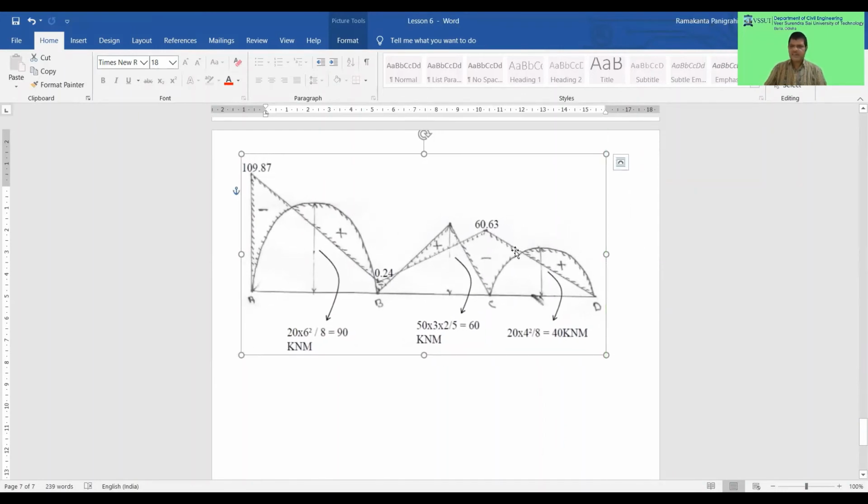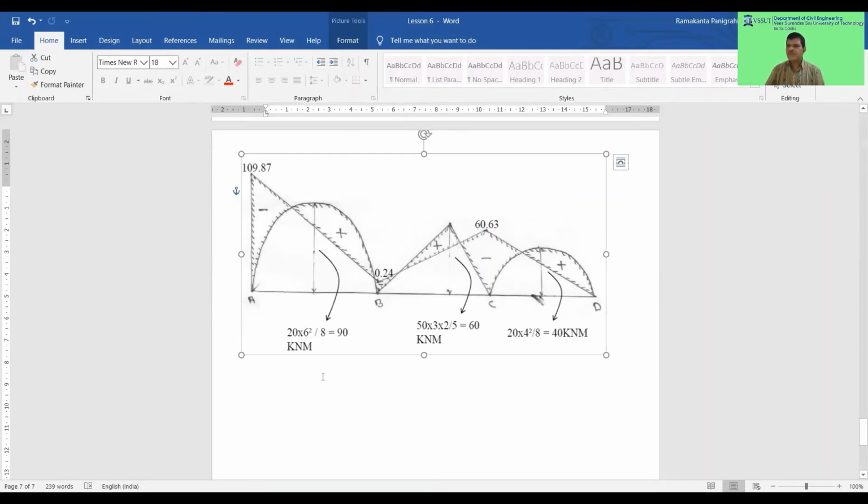Now see, it is very clear that you write the values and get these values. And then if you want to find out again the reactions at each end, you have to split each span as we have already explained in the slope method and calculate the reactions. Then you can draw the shear force diagrams, and also you can find the maximum ordinate of these positive and negative bending moments in the span from the shear force diagram.